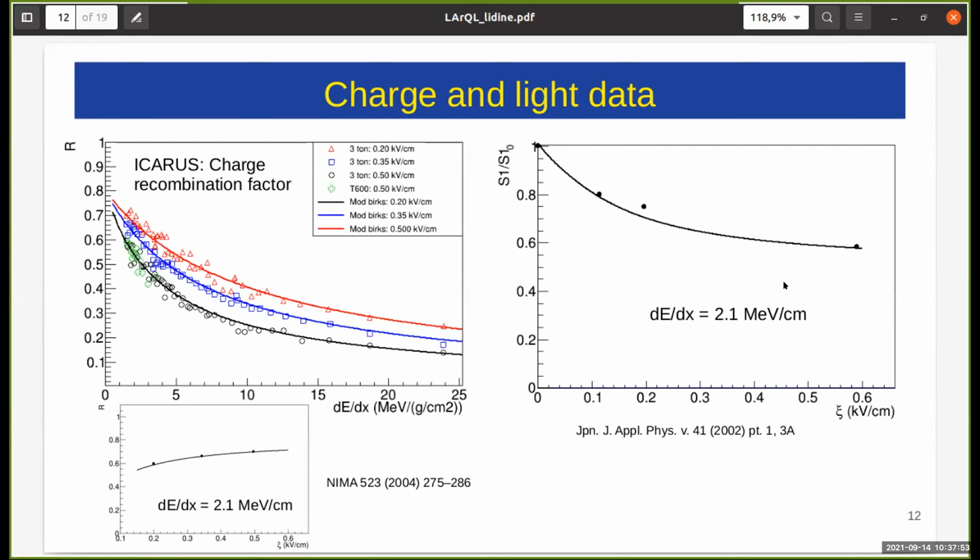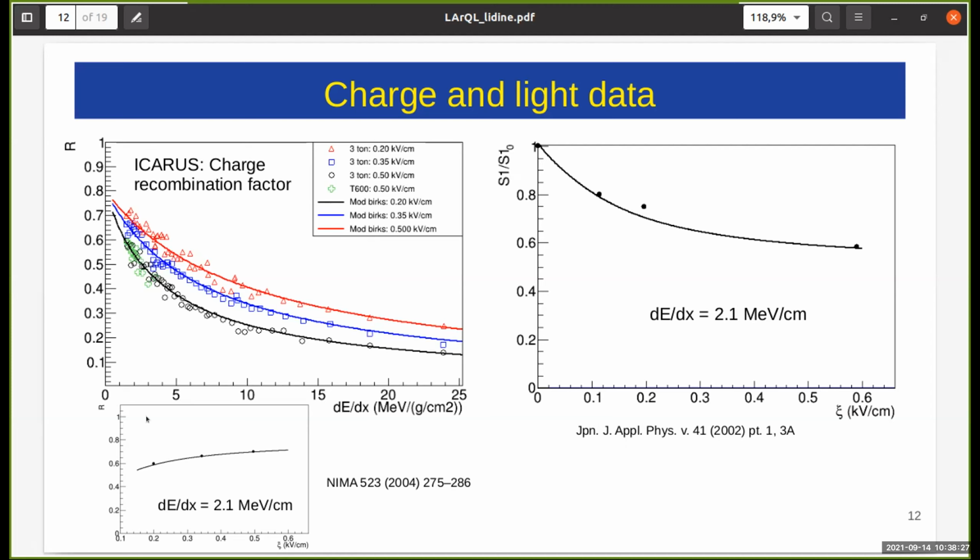We can then go back and compare the model with the data that were used in the past to extract the parameter values and make a comparison. So the solid lines are what comes from the LIDINE model, and the points are the data that are available from experiments. In this case here it is ICARUS charge recombination factor as a function of dE/dx. So as you can see, there is very nice agreement between the model and the data, as expected, as the model should converge to the Birks